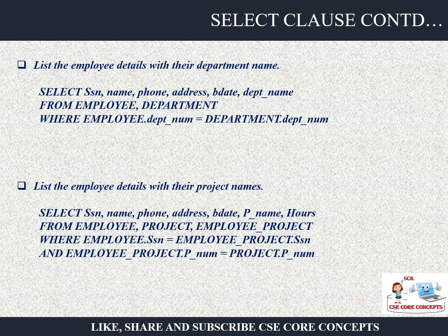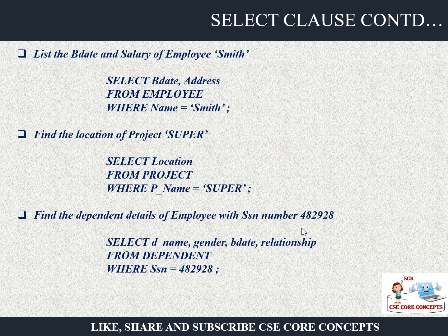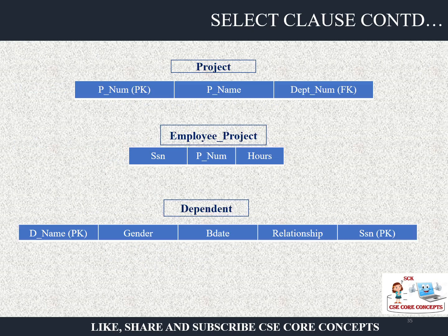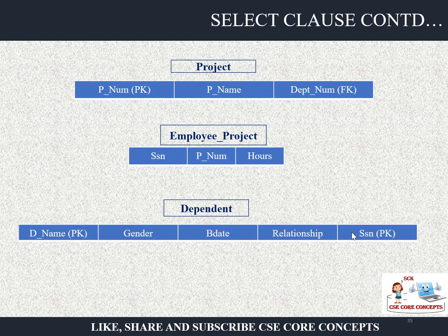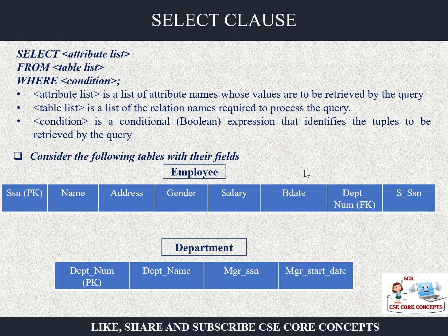List the employee details with their project names. Let us see how to solve this query. In order to solve this query, let us go back. I want to see the employee details with the project names. So the employee details are in this table, but nowhere here can you find the project details, right? Which employee is handling which project is in the employee_project table. But the project name, if you want it, is in the project table. Understood? So you have to involve three tables here.